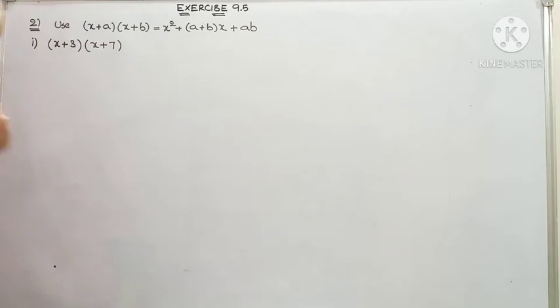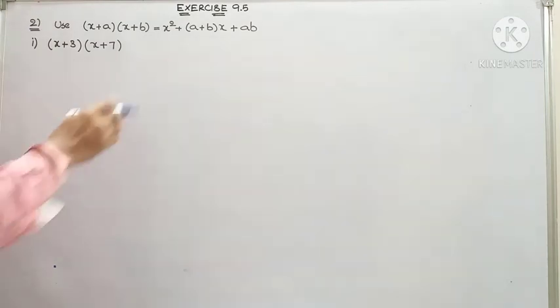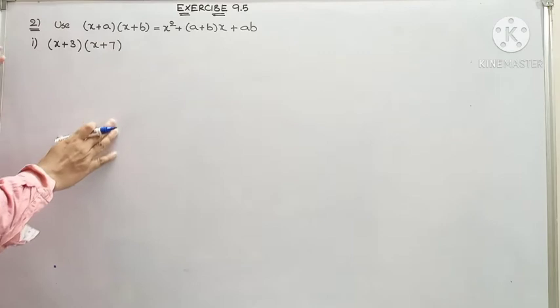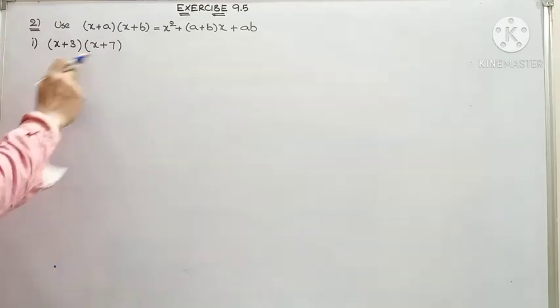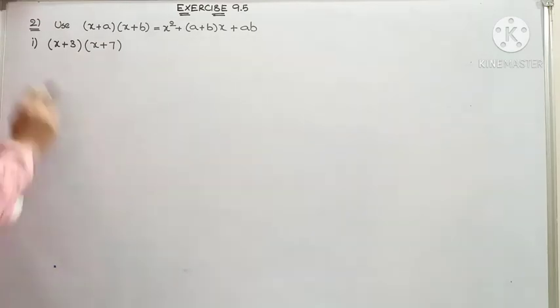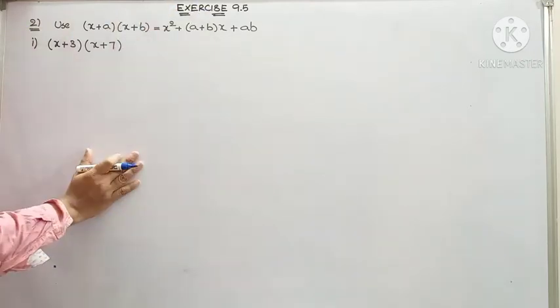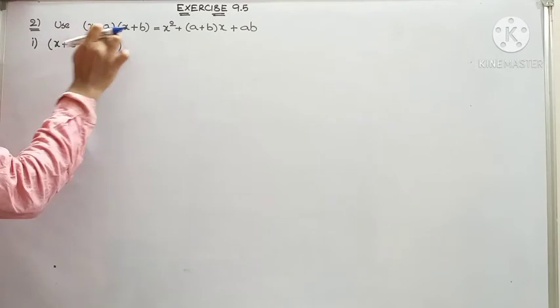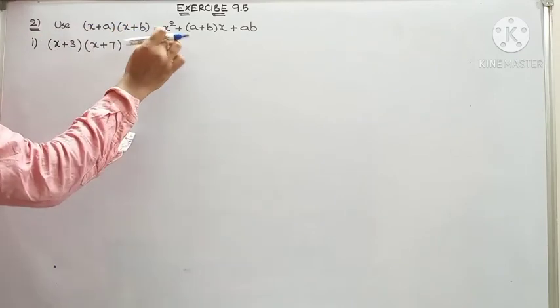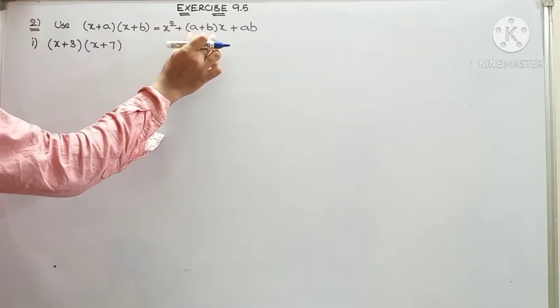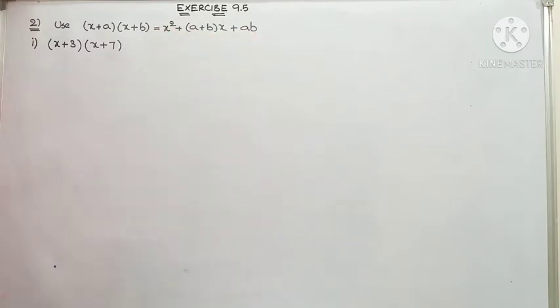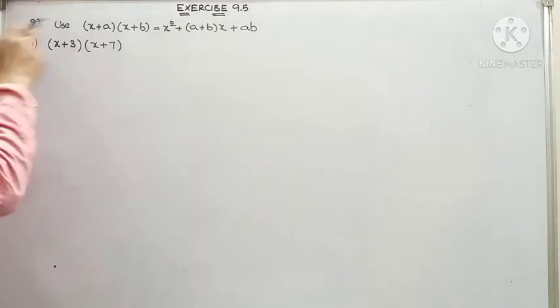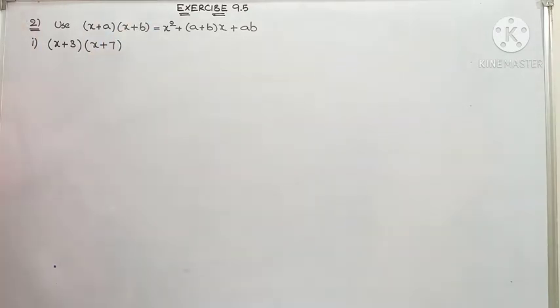As you know, we have been discussing a variety of algebraic identities, and using the same, we are solving the given questions. So I'm at the second Roman of exercise 9.5, where we have to make use of the identity (x + a)(x + b) = x² + (a + b)x + ab. This is the identity which we have to use. I just write a bit of the question which is required, children. You copy the complete question from the textbook.